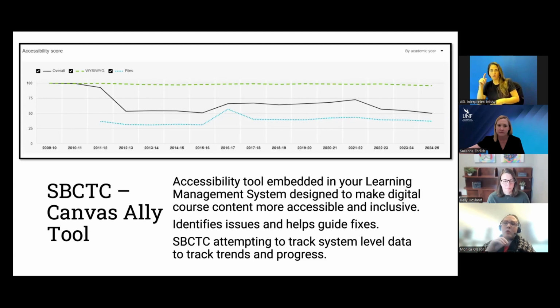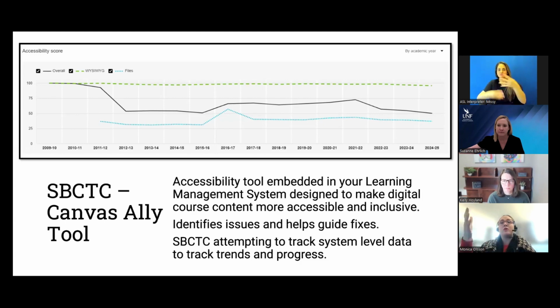It also will help walk an instructor or an instructional designer through the remediation process. And from the student perspective, Ally allows students to download alternative formats of materials when inside their Canvas course. The Canvas administrator at each college in our agency can also pull institutional level and course level reports, and that's